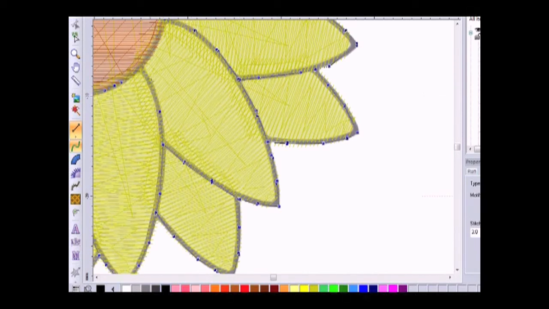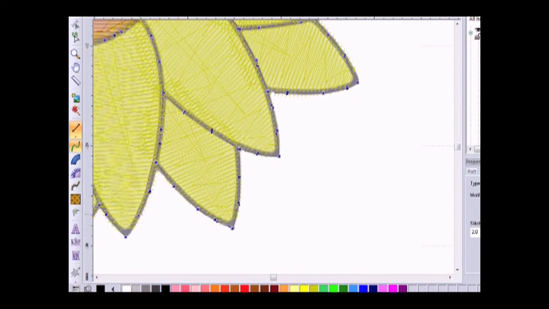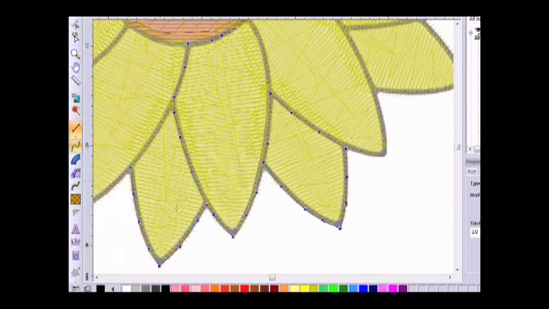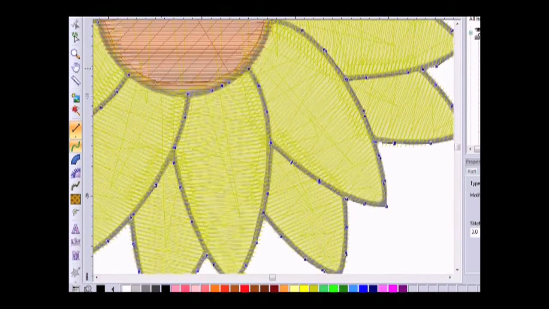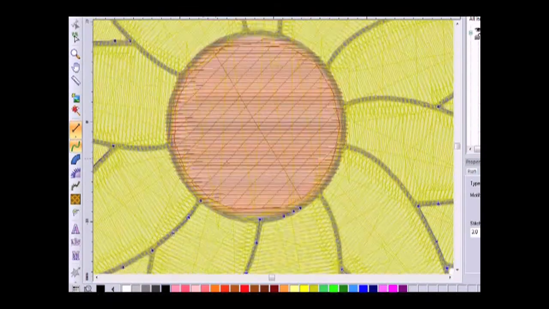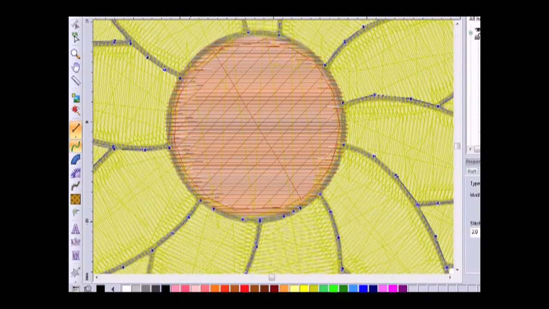Again, I'm coming and finishing the area towards the inside, and I'm almost done. When I get back to where I started, I'm going to make sure that I use my arrow keys to see the area on the screen, and now I'm pretty much back to where I started. All I have to do at this point is to outline that circle, and if you notice, I'm outlining the